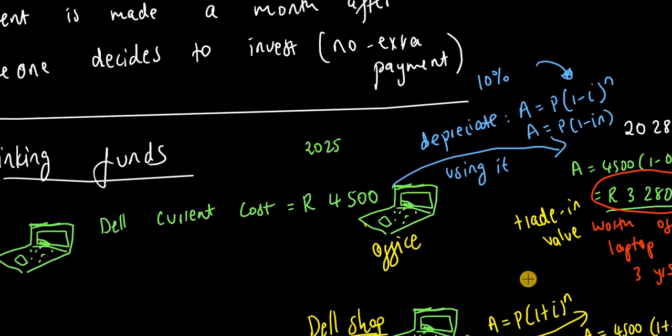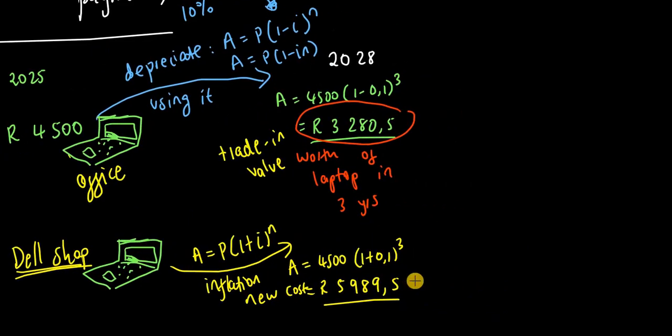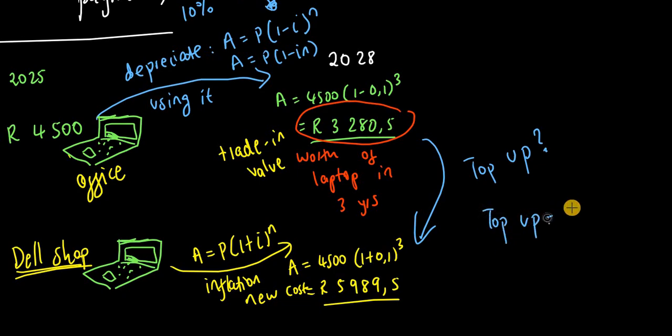Once they sell it, they will get 3,280.5. Now the thing is that after selling it, they still can't afford to buy a new machine, because a new machine will be costing way more due to inflation. So what they do is calculate the balance. They say, okay, how much are we going to need to top up the money we got from selling? Well, the top up amount is going to be